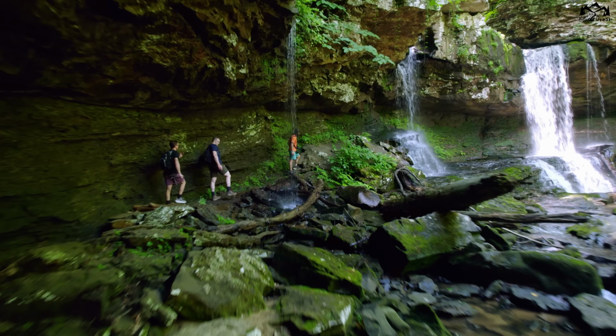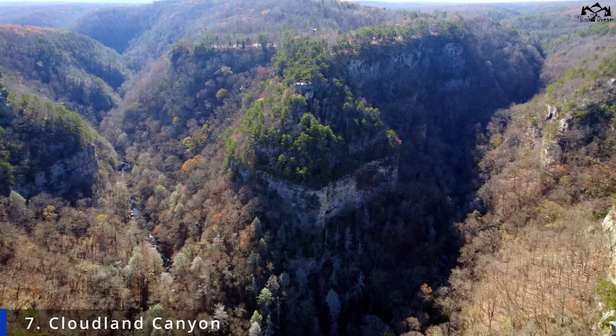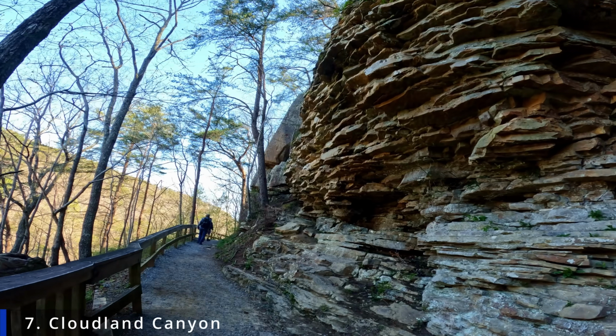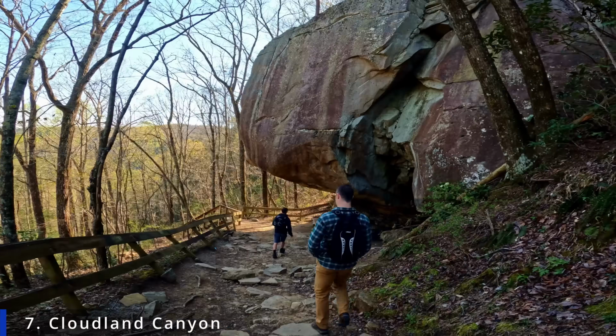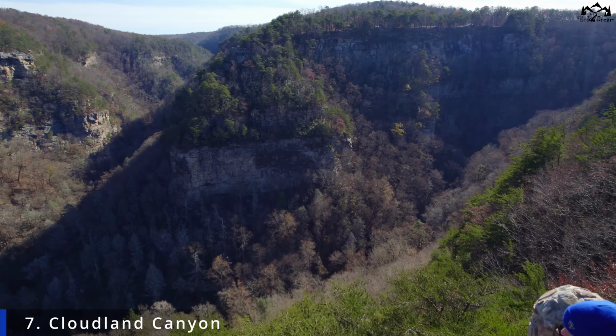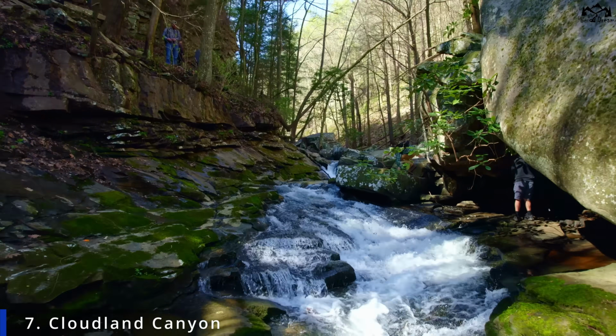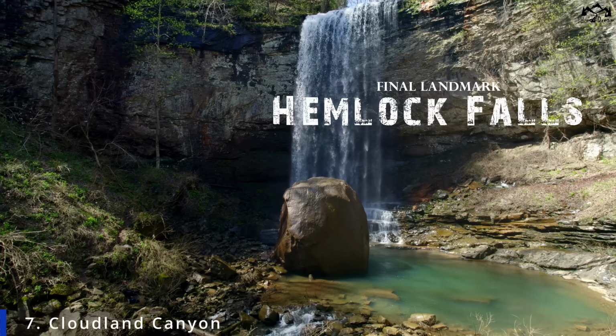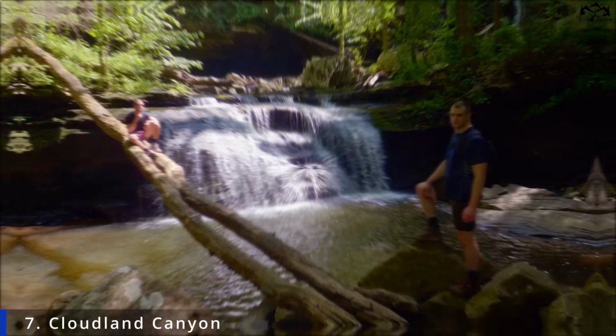Next up is the underrated and underappreciated Cloudland Canyon. Located in the very rural northwestern tip of the state, Cloudland Canyon provides an absolutely epic view and 3 amazing hiking trails. One trail where you can hike to the 2 fantasy-like waterfalls within the gorges, another called Sitton's Gulch